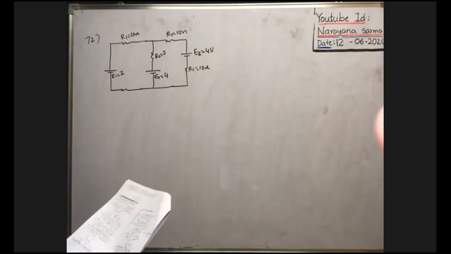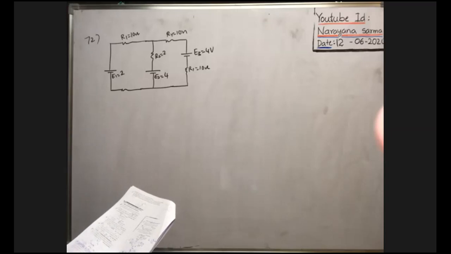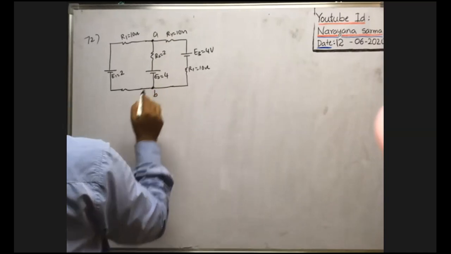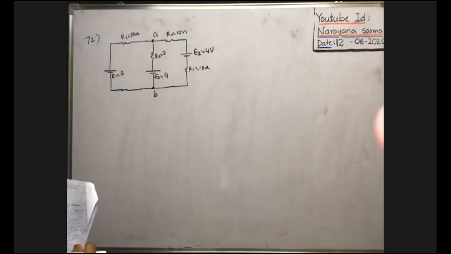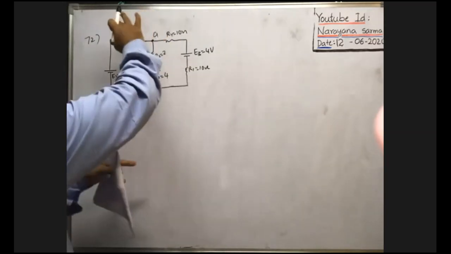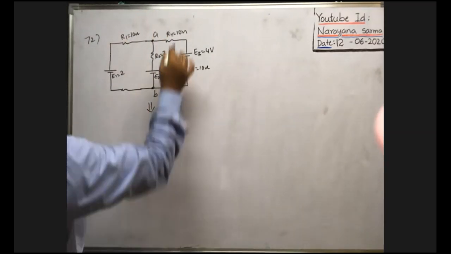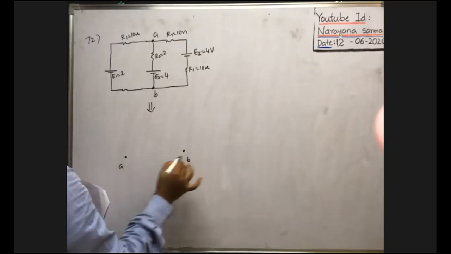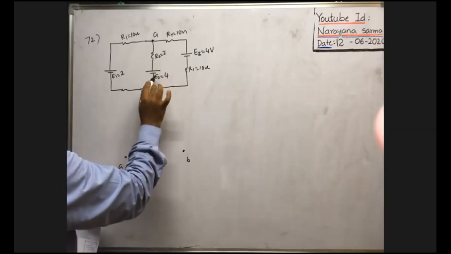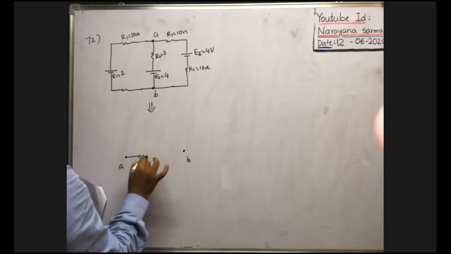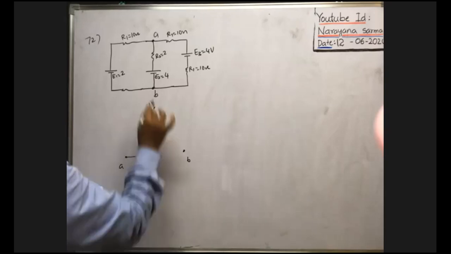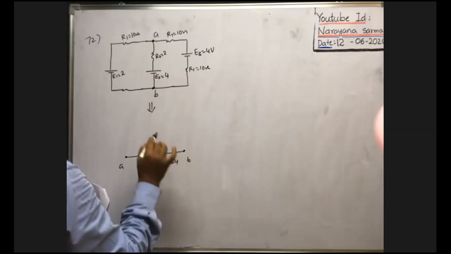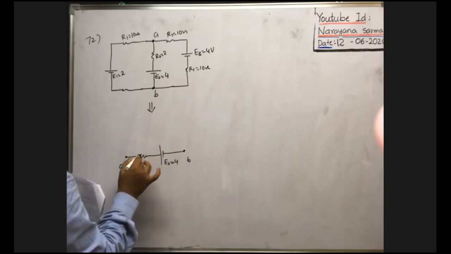Then the potential difference between the points A and B. This is the point A, this is the point B. Between A and B, what is the potential difference they asked? Just reverse this diagram and imagine it is identical to this. I am drawing points A and B here. Between A and B, there is this resistance and only one cell. The negative terminal is connected to B, so here positive terminal, here negative terminal. Here E2 is equal to 4.